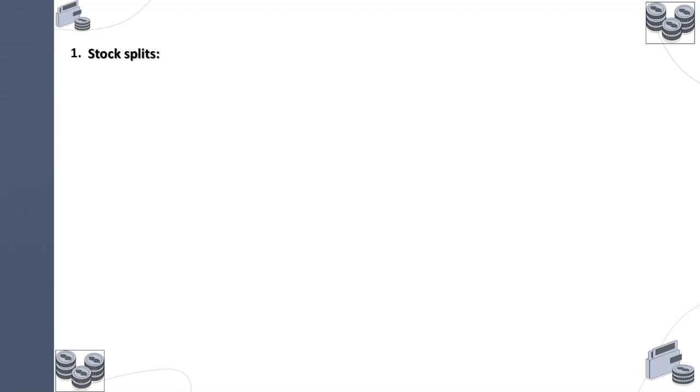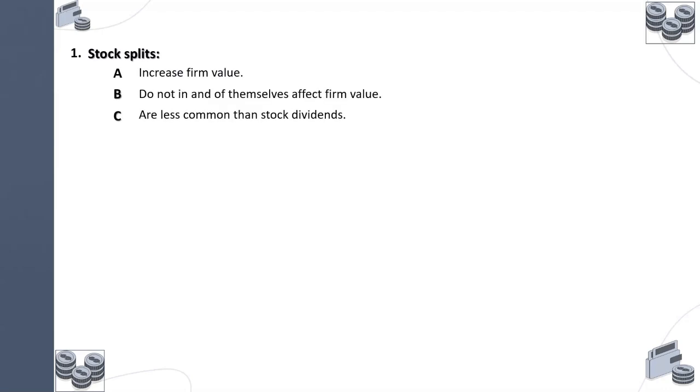Increasing the liquidity will decrease the share risk. So if the liquidity risk is removed, then the share price should ideally go up. So what is the impact this might have? It will increase the firm value? No, it will not, because we just divided them into 100 shares each. The 10 shares will again have the same value of $1,000. Do not, in and of themselves. What that means is that, apart from other factors, just splitting it has no effect on the firm value.